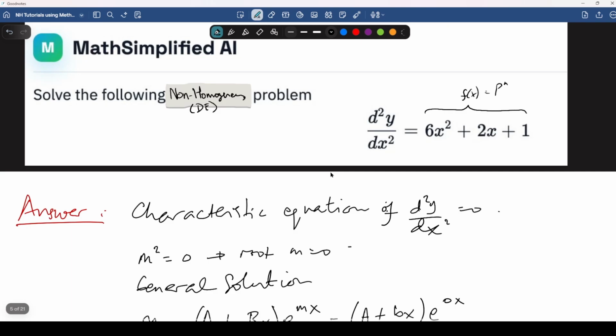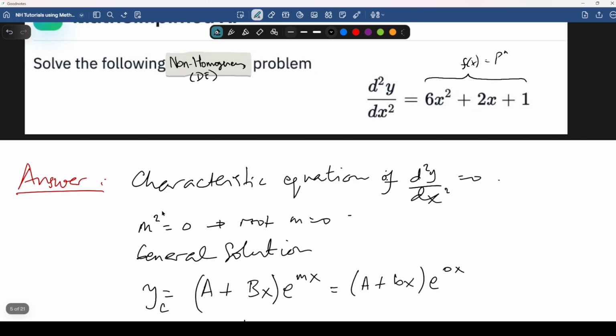To solve it the same as before, I'll write down our characteristic equation. In this case, we temporarily take d squared y over dx squared equals 0 to be homogeneous. In the form of a quadratic equation, this is simply m squared equals 0. So the root is only m equals 0. And for equal roots, case number 2,